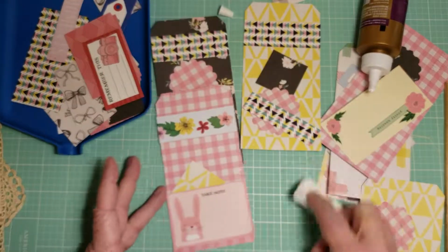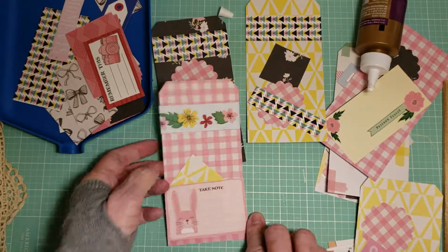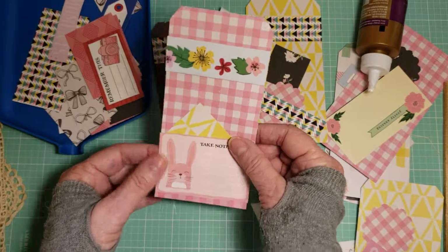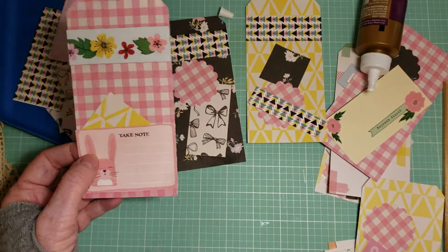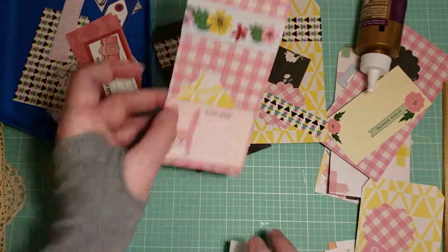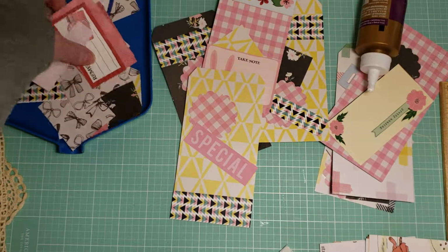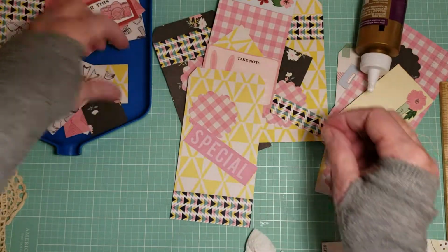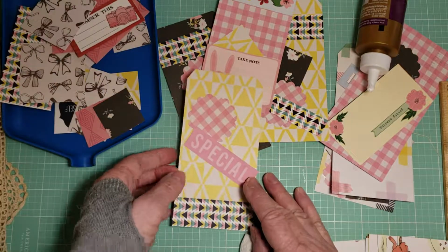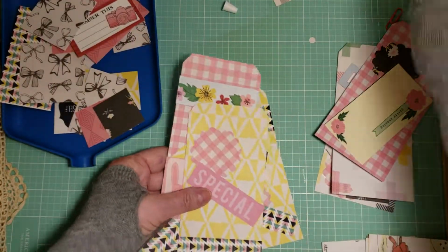Cute little bunny. Oh, that's cute. I should have kept that open and put a little note in there. I'll make some more tags with, you know, more interactive elements. These are just starting out. Special. Is there anything else? Nope. Okay, that's the beginning of making tags and